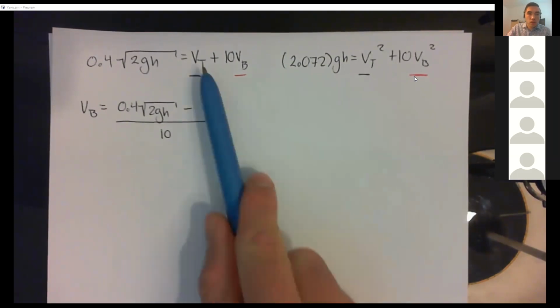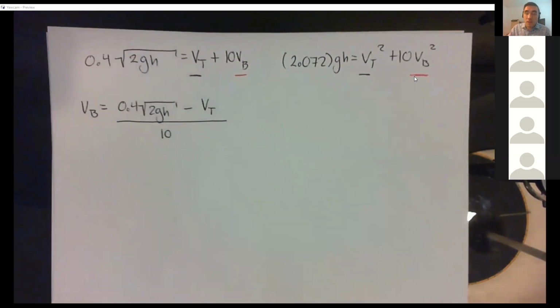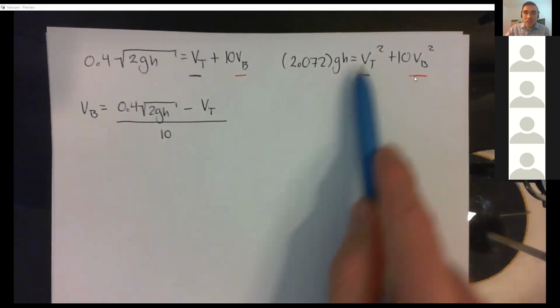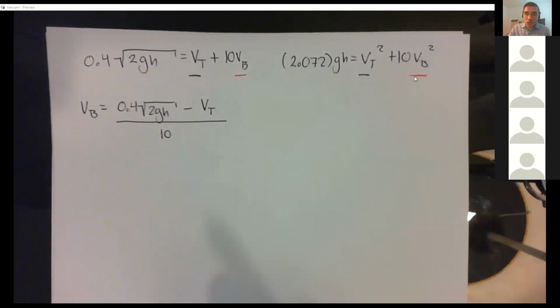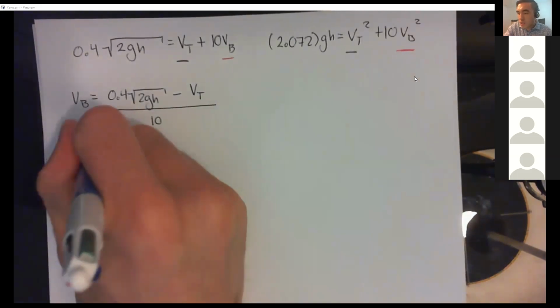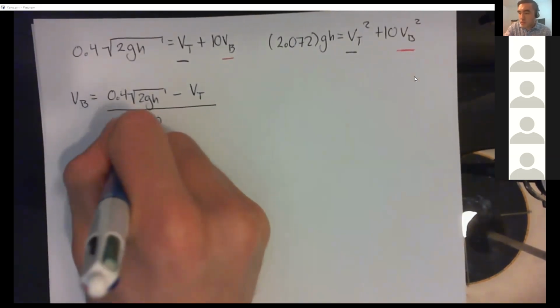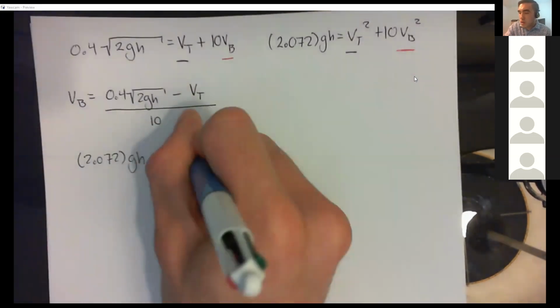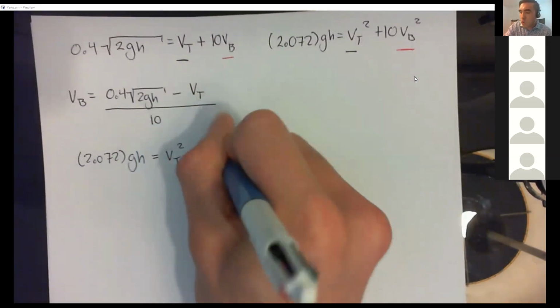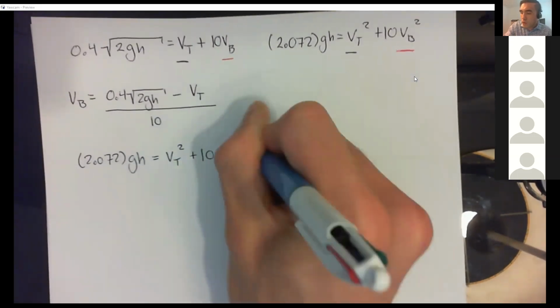Yeah, so I subtract this over, divide by 10, and now this is VB. And now the final step to solve for VT is to take this statement of VB and plug it in here and square it. So this is to say 2.072 GH is equal to VT squared plus 10 multiplied by the quantity of 0.4 root